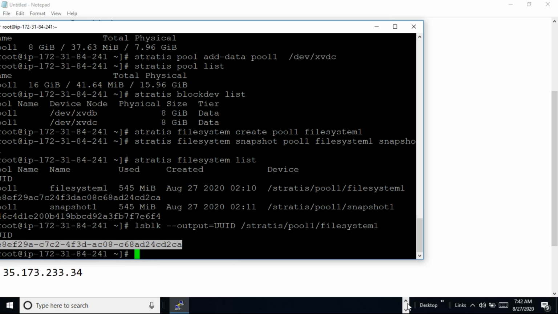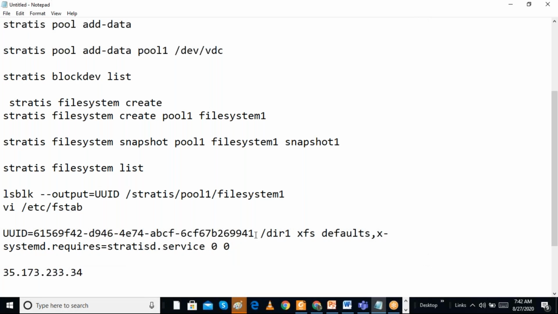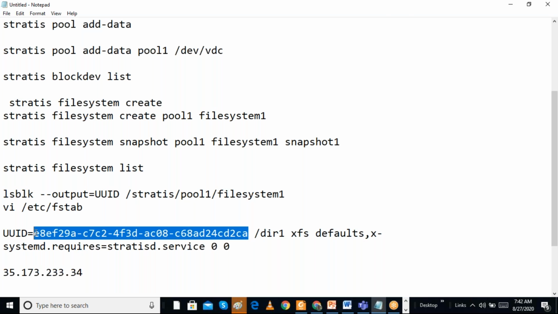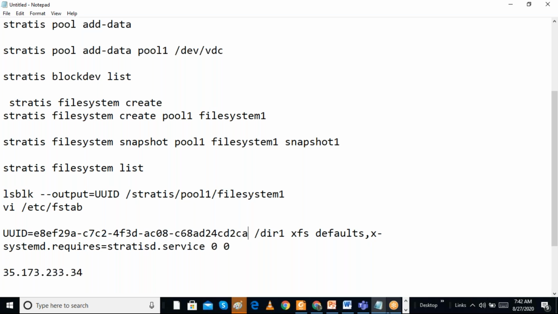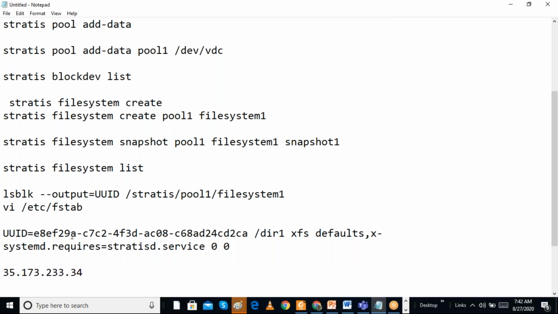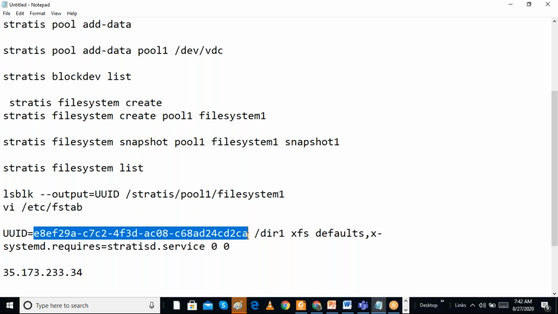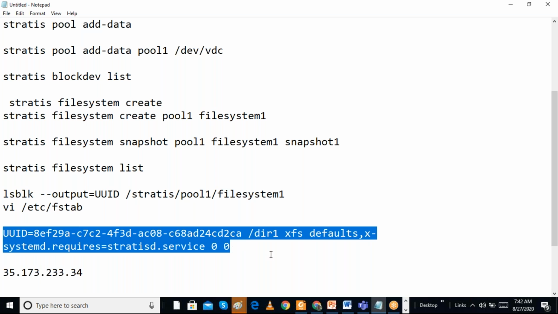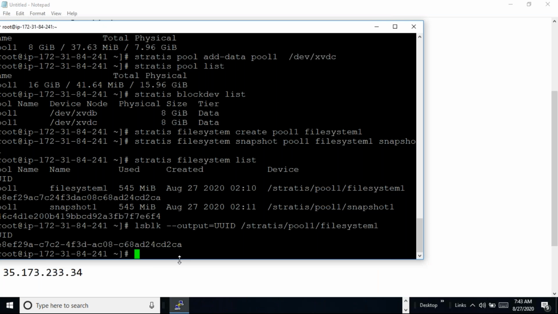So I have to add it in /etc/fstab. I am going to add it in the /etc/fstab file, because we want to mount this file system permanently.